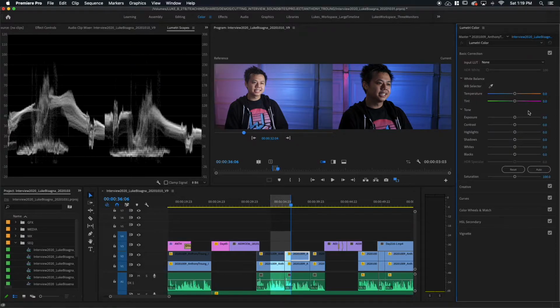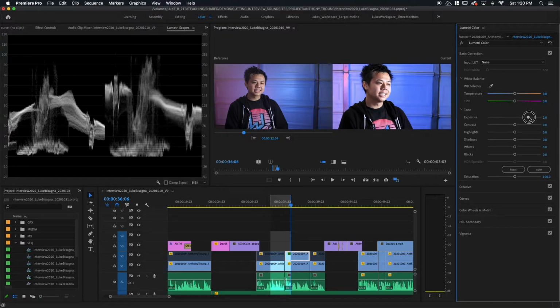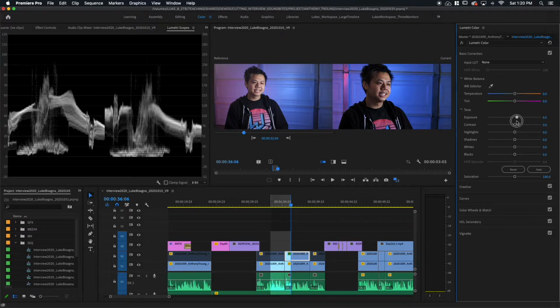So if I want to raise the exposure, I'm going to go to the exposure control here. And that's going to raise my overall brightness. So I'm going to bring that slider up, and you have to be very careful. This is very sensitive. I can easily just overexpose the image here. So I want to balance it closer to the image on the left. And you can see I've pretty much achieved a pretty close balance on the scope here. I think I might go up just one more. You can also type values in here. There we go. So they're already closer.